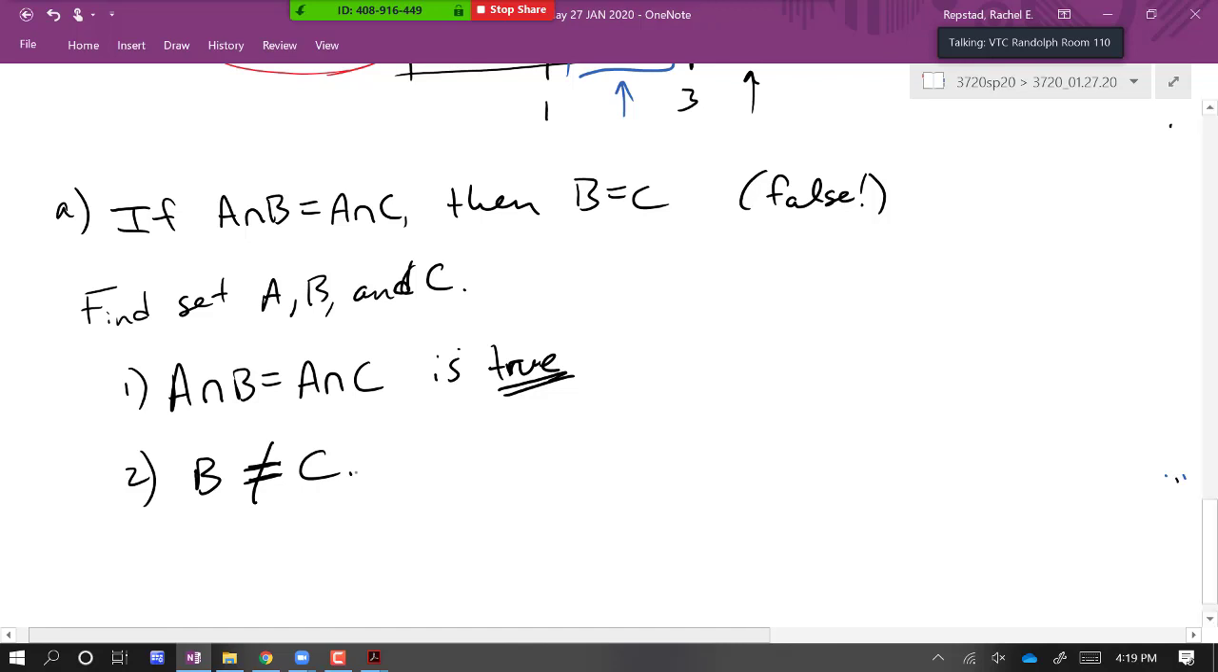It's okay for B and C to overlap, right? Maybe B is the set 1, 2, and C is the set 1, 2, 3. Fine, those are not the same set. You just want to make sure that B and C are different, but that their intersection with A is the same. Does that help? I would start just like picking a set for A